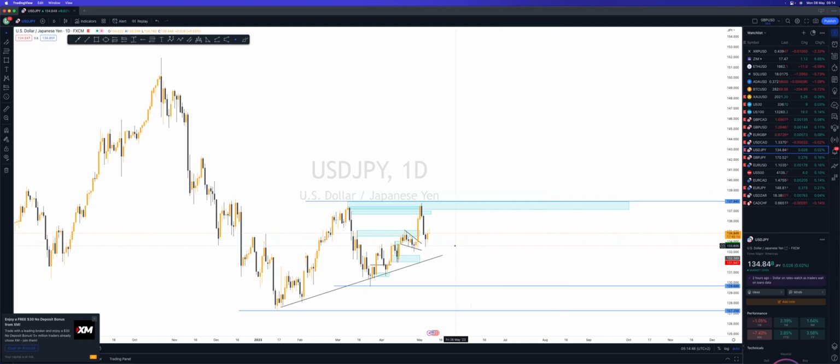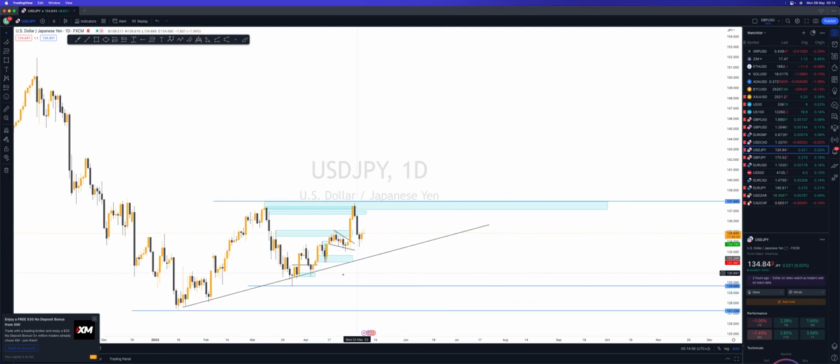Having a look at USD JPY real quick. We are still in that uptrend. We've tapped this major zone, so I'm not sure if anyone sold it, but it's a pretty good area to sell it down from. I quickly want to extend this just to see if we have any untapped zones here. Let me clean this up for you. These are some previous trades that we had taken. That is a tapped area, and then our next area is pretty much down here. So that comes from that area, which is fine. I'm still going to mark it as an area of interest,